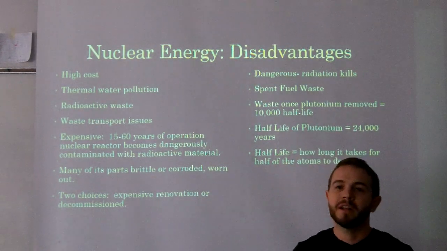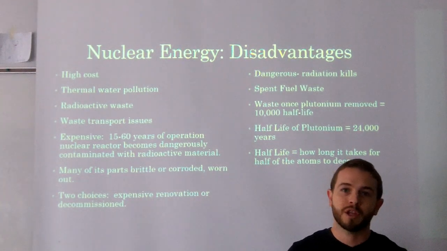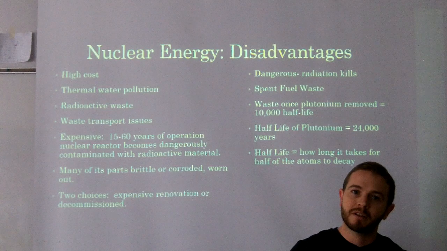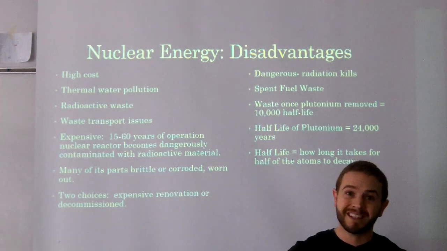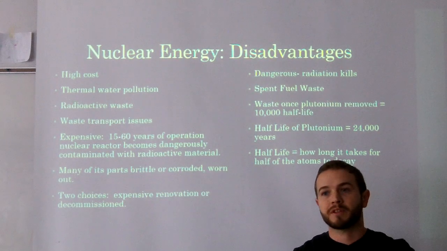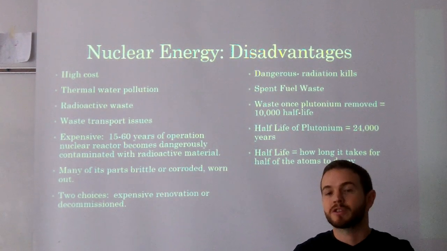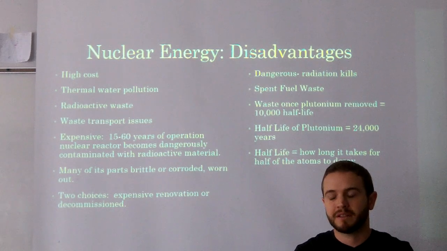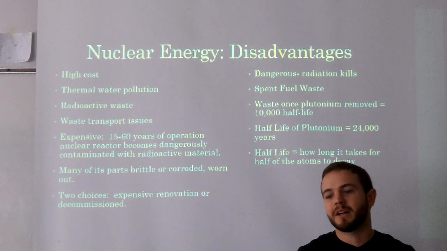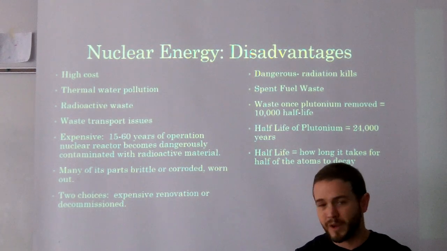Thermal water pollution. To cool it down, they have to suck in water, because they're usually located near a river or the ocean, so they can suck water in to absorb a lot of the excess heat that they have, and then it becomes an output, right? So it's a point source pollution of thermal heat energy. So yes, the manatees may love it when they come up, but it often characterizes whatever waterway they're in